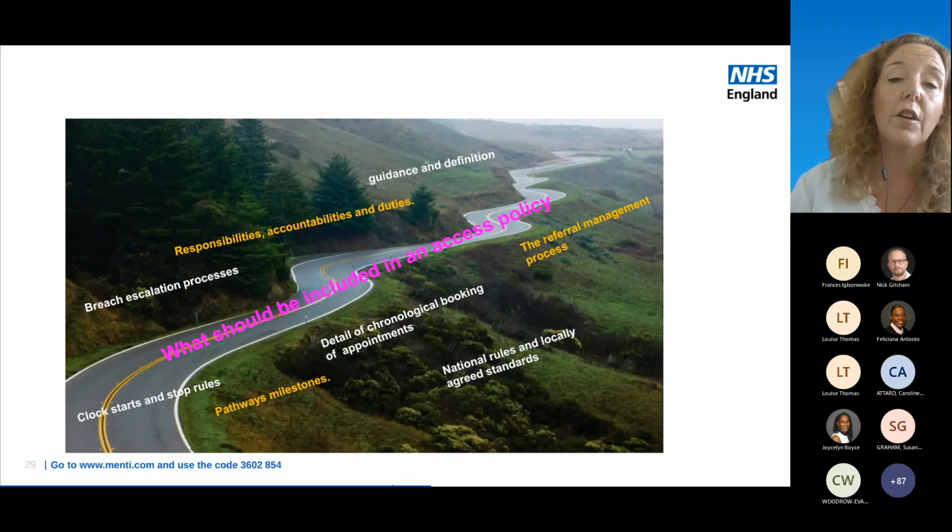This would also need to include the clock start and clock stop rules and processes for disengagement and discharge. As well as the national standards, there will be locally agreed service level standards that support referral to treatment pathways, and therefore there should be a section in the policy that includes the organisation's business processes and timeframes. So, for example, where there are clearly defined time standards between referral receipt and registration, triage and first appointment, and expected pathway milestones. The referral management process should also include detail on prioritisation and acceptance of referrals, so it's really clear, not just for staff delivering and reporting, but also for other stakeholders reading the policy.